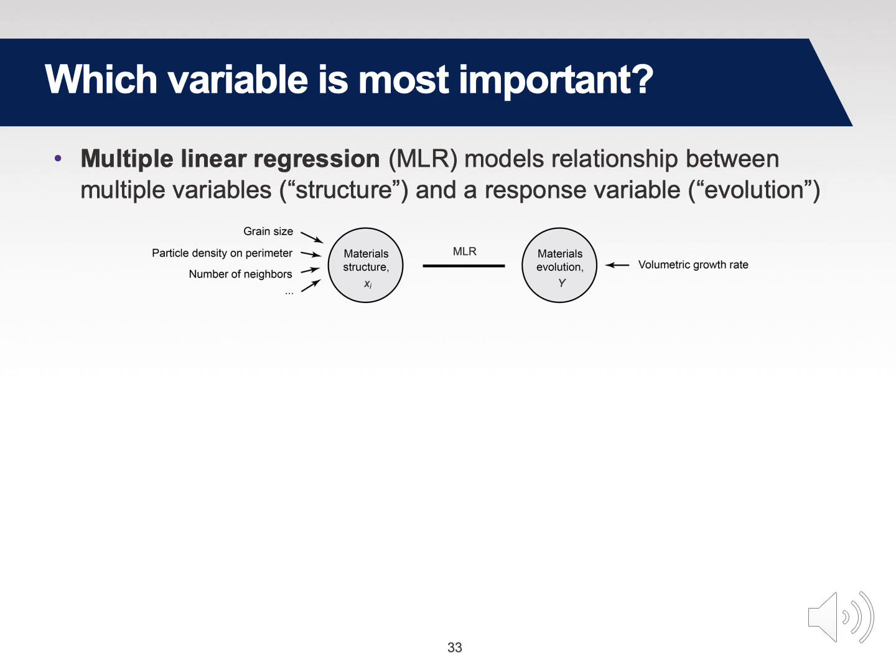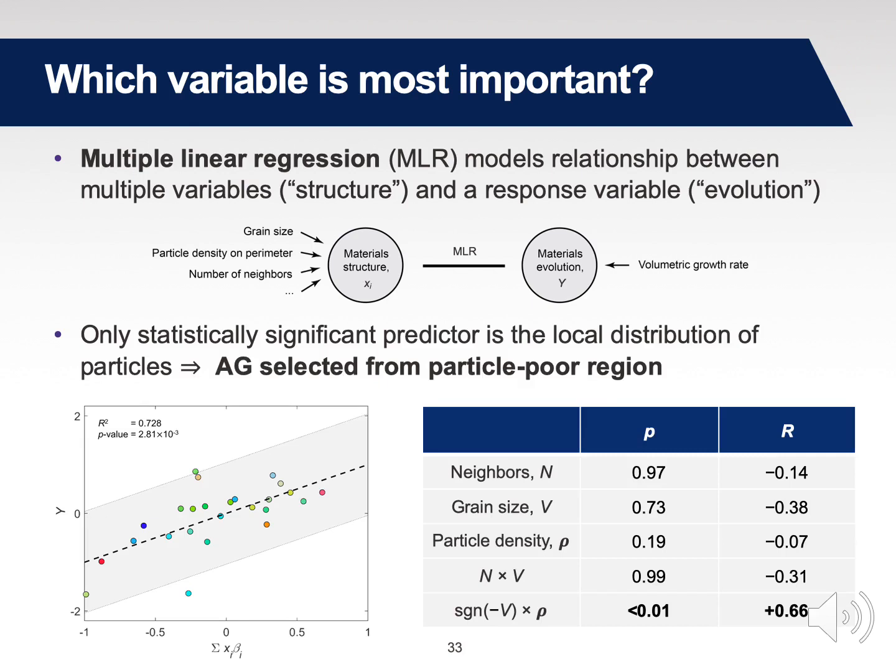It should be noted that all of this data is collected from our 3D experiments, and as you see here, from the overall regression, or multiple regression, y is the material's evolution, x is a collection of the structural parameters here. You see a positive correlation,